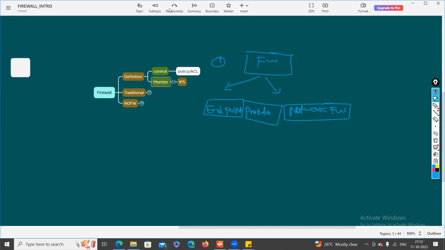Okay, so any example for endpoint protection? Can anyone tell me? Yes, a laptop is an endpoint. So any application or software which you use to protect your endpoint, like antivirus. We have a lot of antivirus, right? Those antivirus applications are called endpoint protection, and endpoint